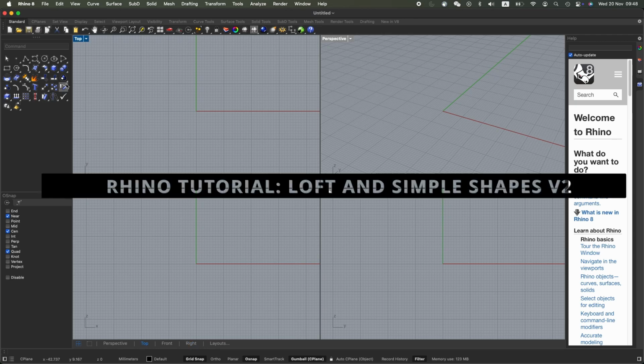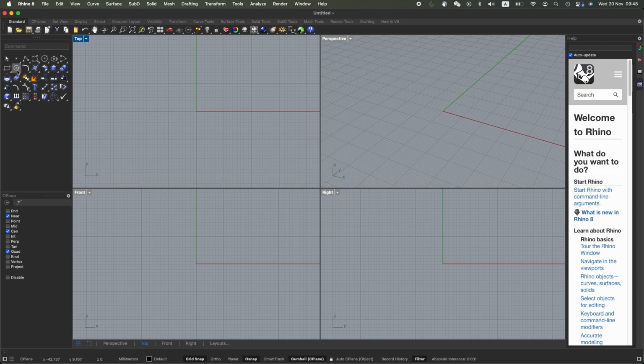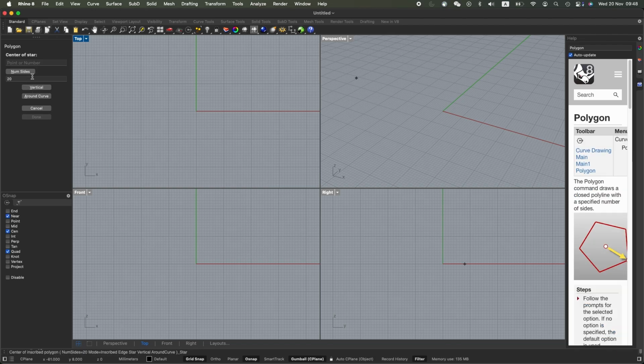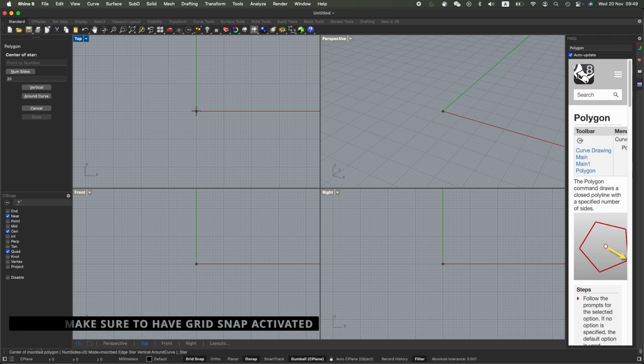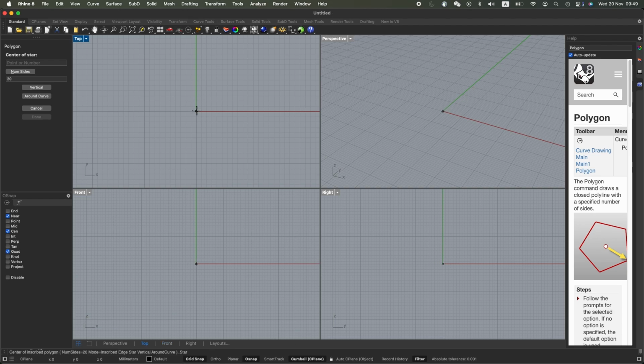Another shape that you can make is using this polygon tool and the polygon star tool. So it will ask you for a point to start. I'm gonna choose here the center, and remember to have the grid snap on the bottom activated. Now you can click here, and then you can define the number of sides, for example 10,